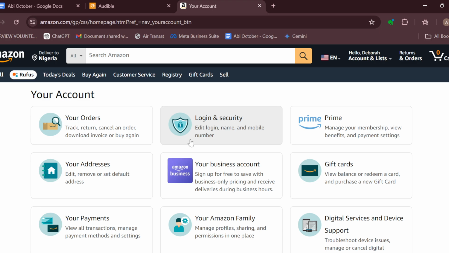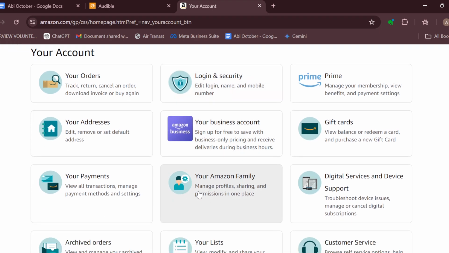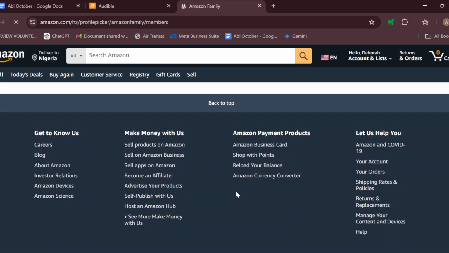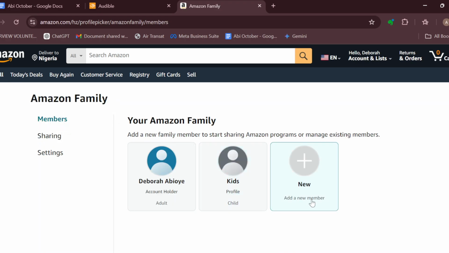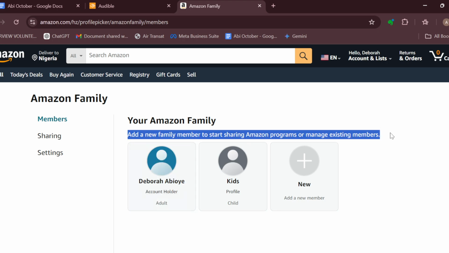And then on this page, scroll down until you can see your Amazon family and create a household page so that sharing books to that family will be a lot more easier. So click on Amazon family page, and then we go to the Amazon family page. So here you can see your Amazon family, add a new family member to start sharing Amazon programs or manage